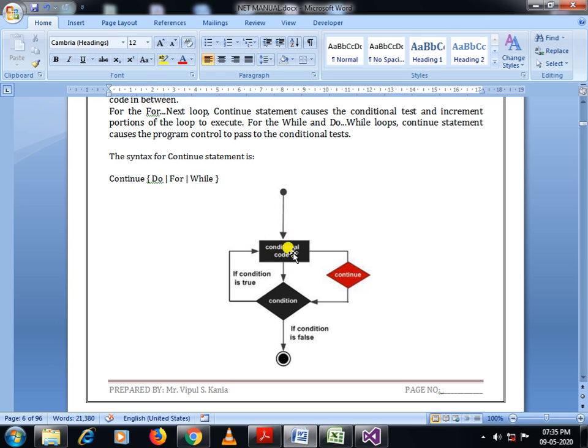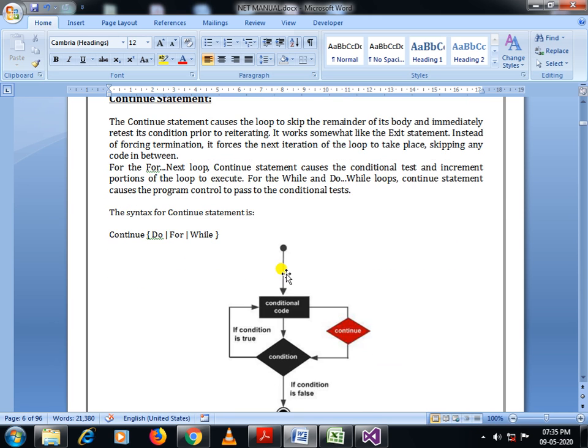So as you can see over here, this is the body. If I write the continue statement, it directly moves to the conditional part. It will simply ignore the statements written after the continue statement, and continues the iteration of the loop, continues the execution of the loop. It won't terminate the loop. We need to remember this thing: continue never terminates the execution of the loop. It skips the iteration of the loop.